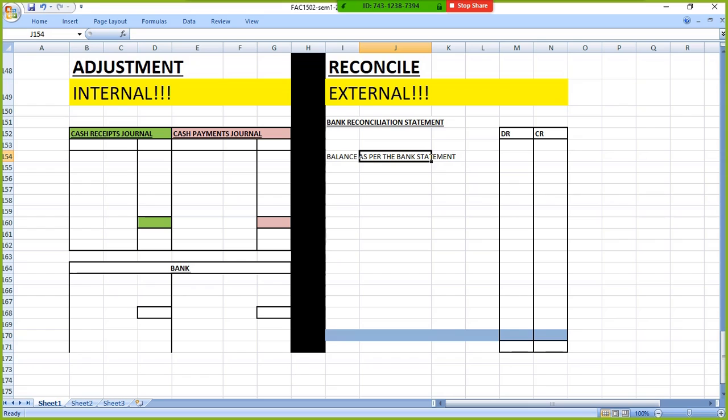This is how I go about it. You've seen one already. This question paper you haven't done yet. So what I would suggest you do, just follow with me and see if you understand the process. Your bank recon seems to be okay. You kind of know when to adjust and reconcile, which is good. So you just need to practice now. So what I would do if I was you,